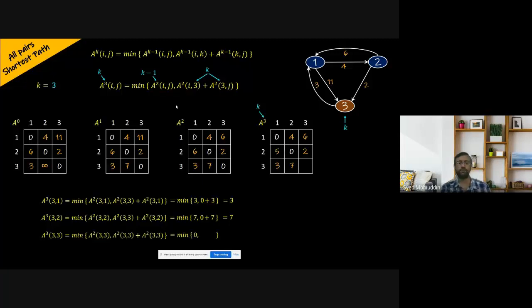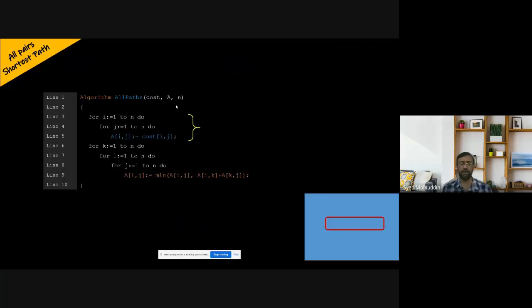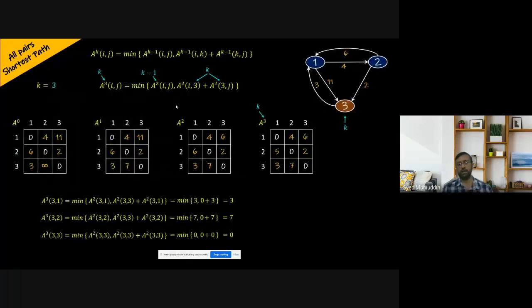So there are a lot of iterations involved in this, and we have to compute multiple matrices, and then we will be able to get the result for the all pairs shortest path. This matrix, which is written A3, is the ultimate matrix, where the values from i to j, i representing the row, j representing the column, give us the shortest path, and this is called the all pairs shortest path problem. And it's the Floyd-Warshall algorithm, or Floyd-Warshall's method of computing